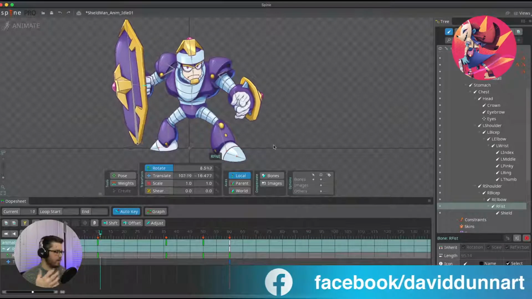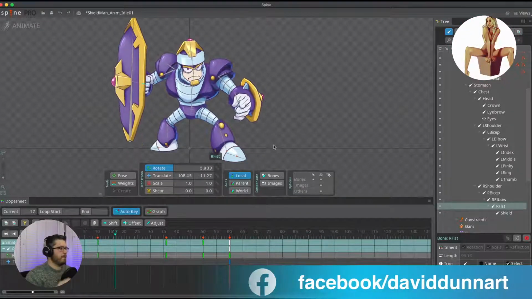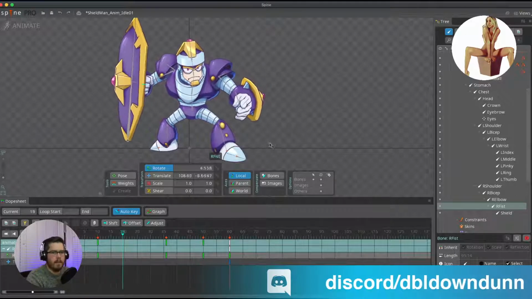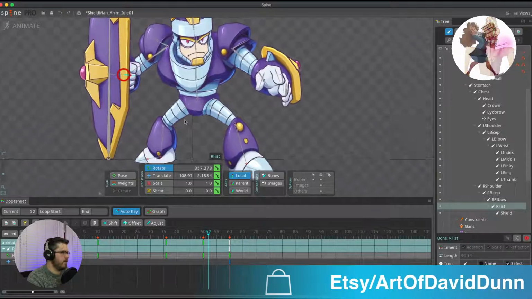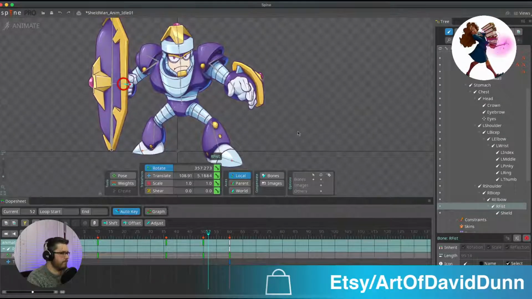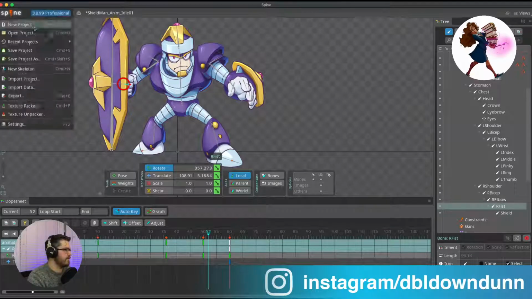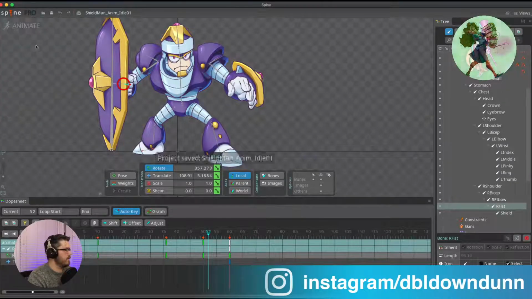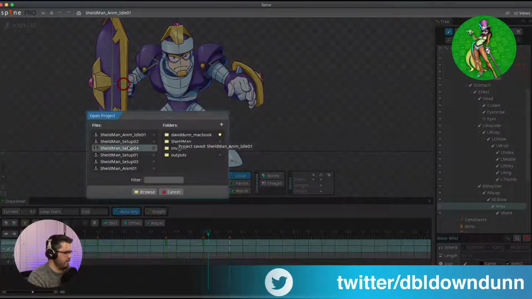It's really nice to take a painting, cut out the pieces, throw it in Spine, and then, because he's a hard surface character, there's a thing you can do. Let me save this. And we'll end with showing a little bit of